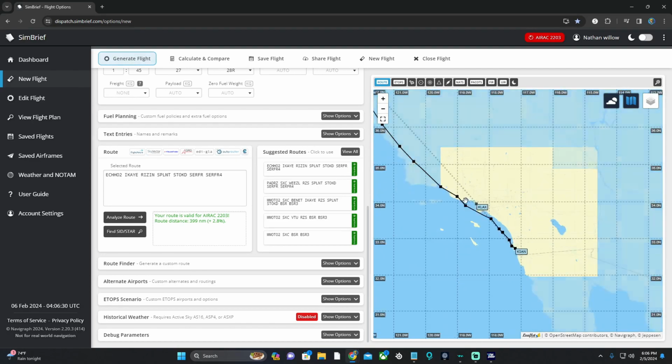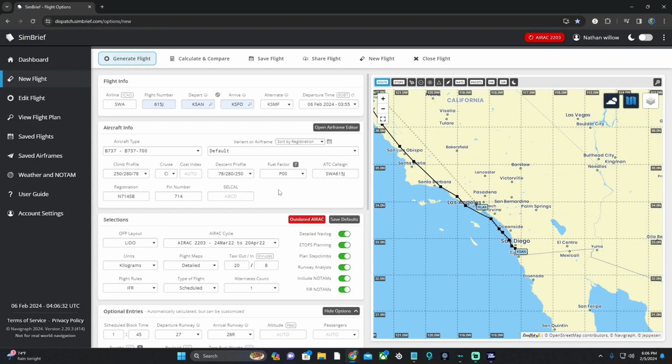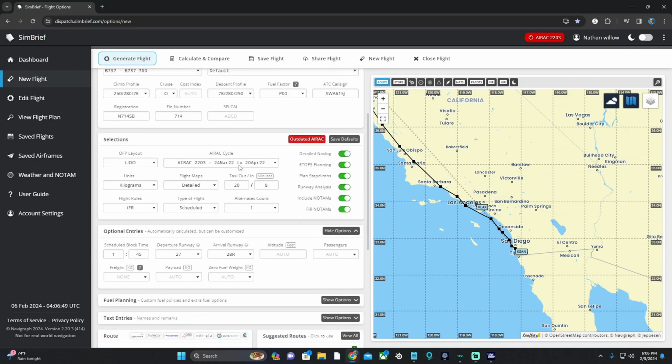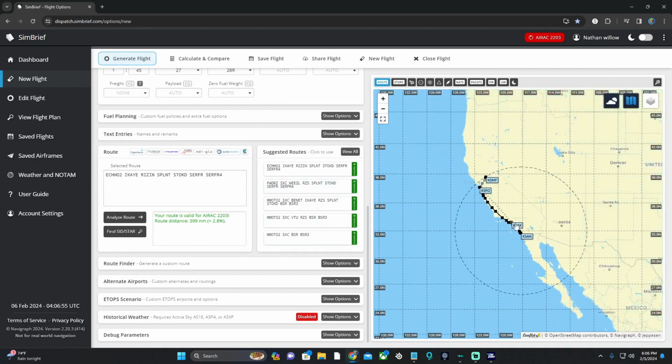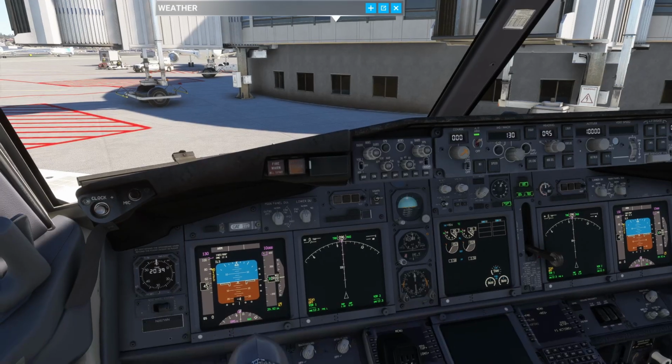It will give you a couple of options that you have to fill out: what airline, flight number, and the most important thing is just the departing and arriving airport. Today we're departing from San Diego and arriving at San Francisco, KSAN and KSFO. Just fill a couple of things out and it'll give you a route and a departure zip. So with that information, you want to go here and just keep that tab open,